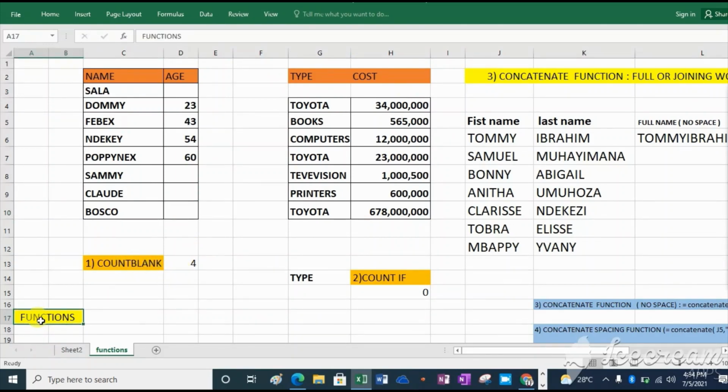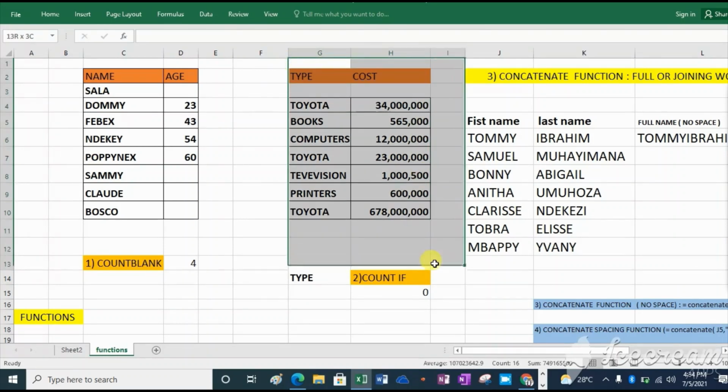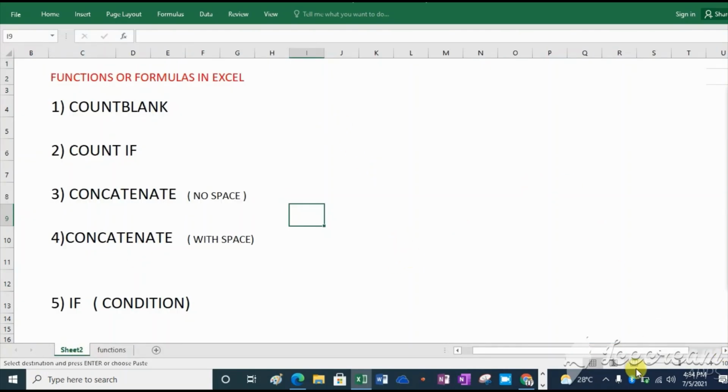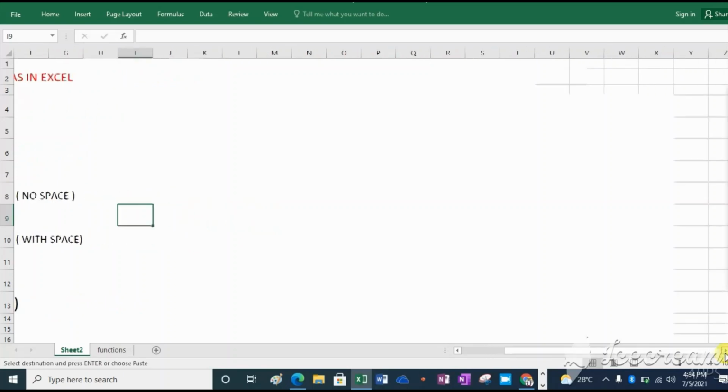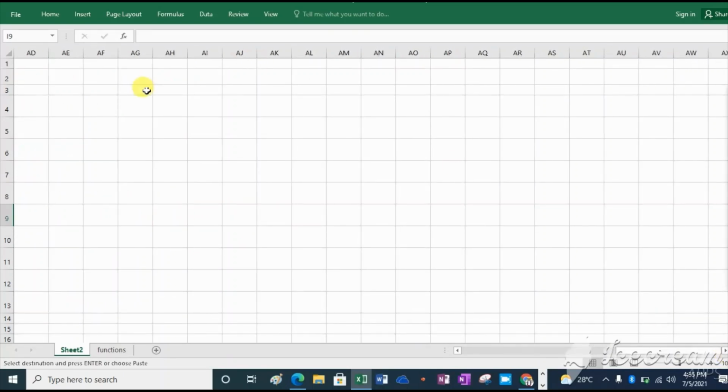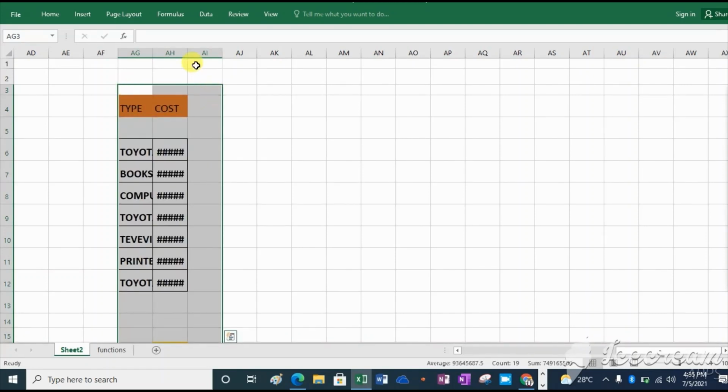Another function we are going to see is known as count if. Let us cut this one, then take another sheet.